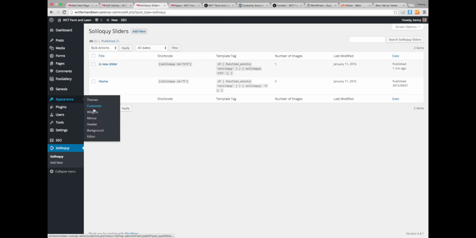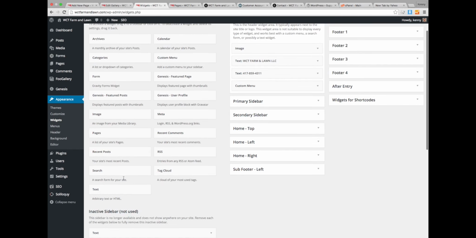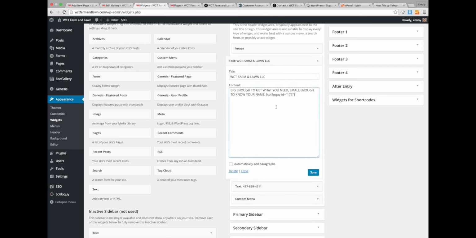Wherever you want it to appear, you can make it appear. If you want to have it in a widget, you can do that within any text widget. If we wanted it to be up on top, we could paste it in there and it would appear there. Wouldn't work well in that spot right there, but we could do it. Within a page,